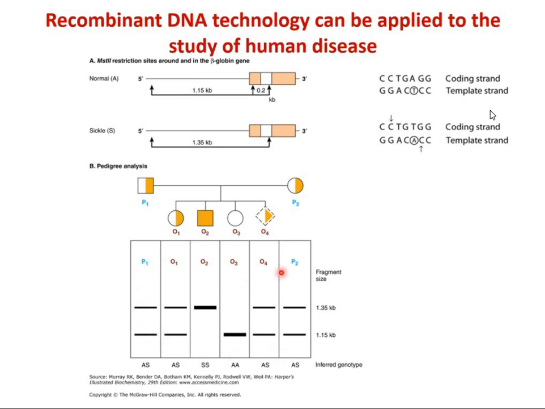So in this case, the parents are both heterozygous, and these are the progenies. As you can see by analysis, अगर आपके 2 fragments आ रहे हैं तो एक इसको represent कर रहा है, एक इसको represent कर रहा है, तो they are heterozygous. अगर दोनों आपके alleles में change है, तो this site will be lost. So 1.35 kb का fragment बनेगा because in both the alleles this restriction site is lost, MST2 restriction site. So in this case, you get a single band. If both the sites are preserved, एक parent से alleles दोनों normal वाले आ रहे हैं, तो this is AA. So you will get this kind of a pattern. That's what we do in southern blotting.